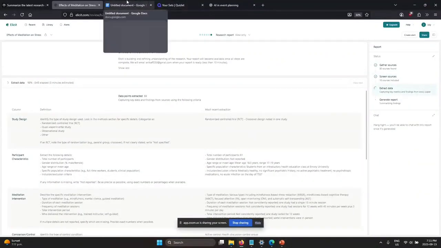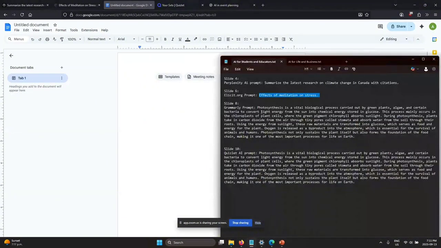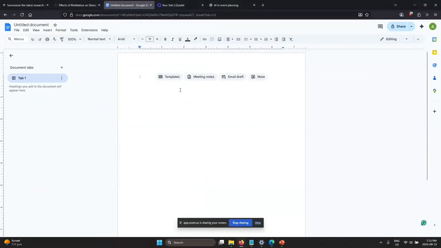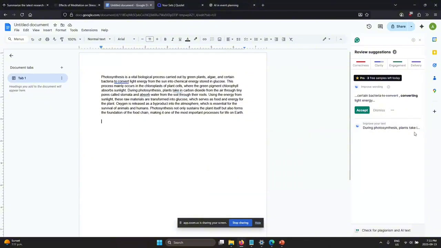Right. So let's just paste something here. I have Grammarly enabled, so I'll just copy and paste this here. And if I click on this, it's going to open Grammarly. As you can see, it's providing me some suggestions. Other than that, this paragraph does not have any errors, but